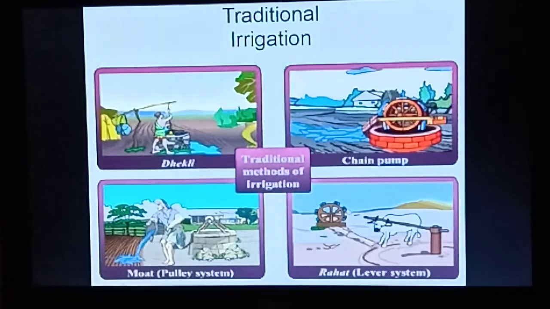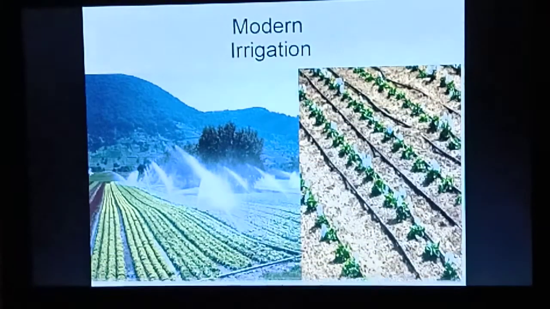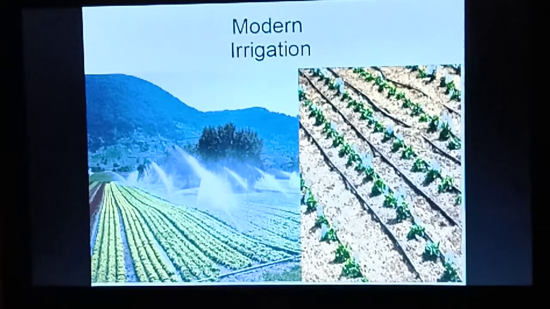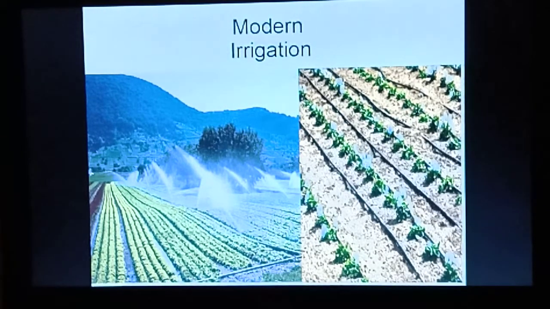Now we are going to cover our modern methods of irrigation. There are two modern methods. One is the sprinkler system and the other is the drip system. In my village I have seen the drip system, but mainly there are sprinkler systems. In the drip system there are bottles, but in the sprinkler system there is something else, such as fountains, small fountains of water